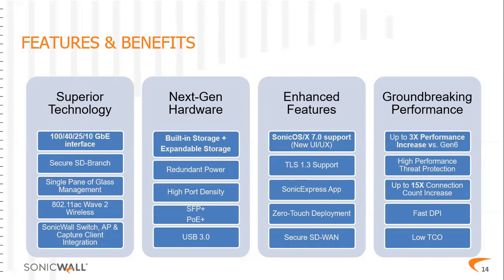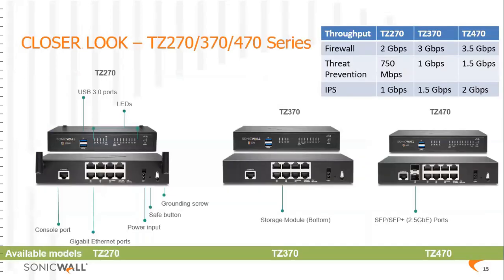Now, because it's a new Gen 7 firewall, they already provide up to three times performance increase versus the Gen 6, because they provide high performance threat protection and up to 15 times connection count increase already, and have fast TPI and low TCO. So let's have a closer look at these